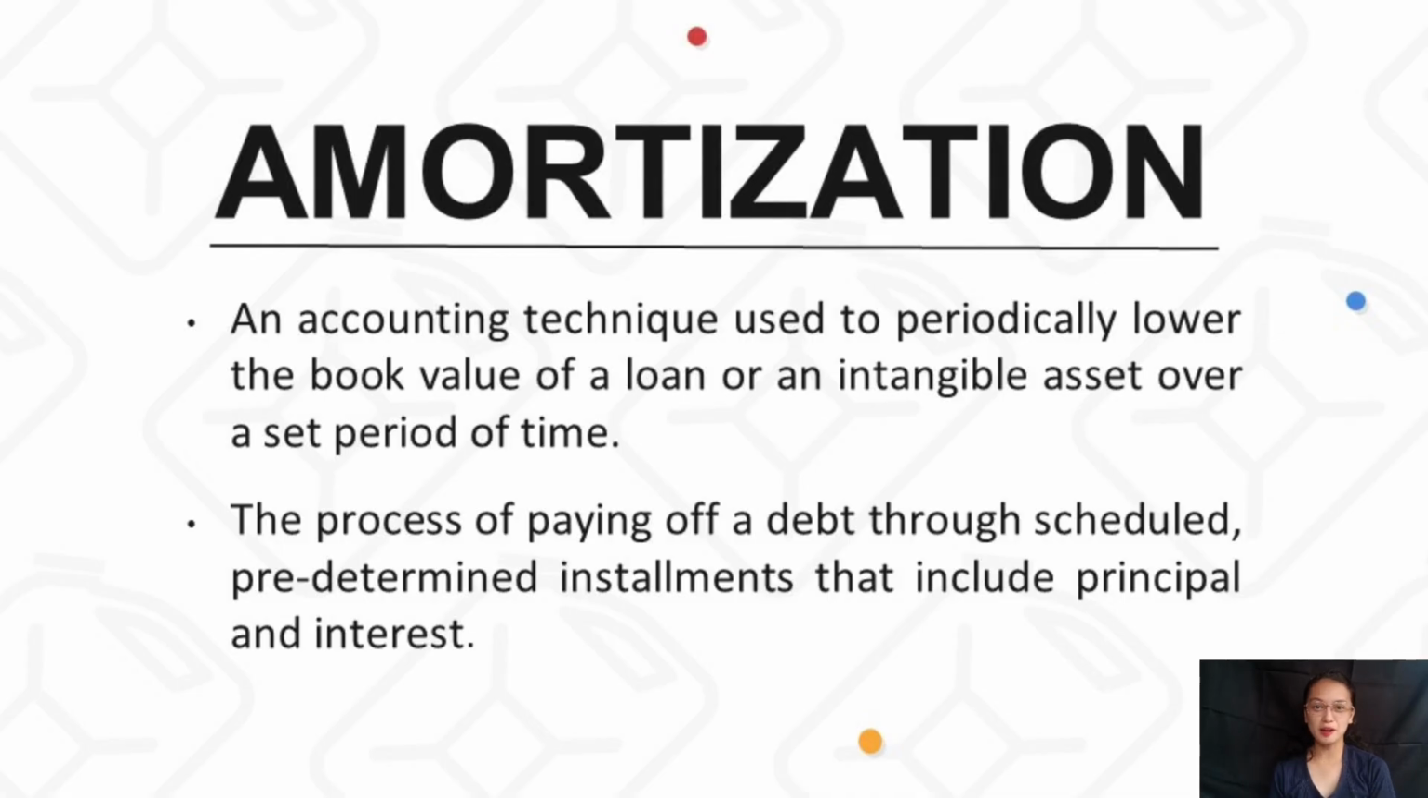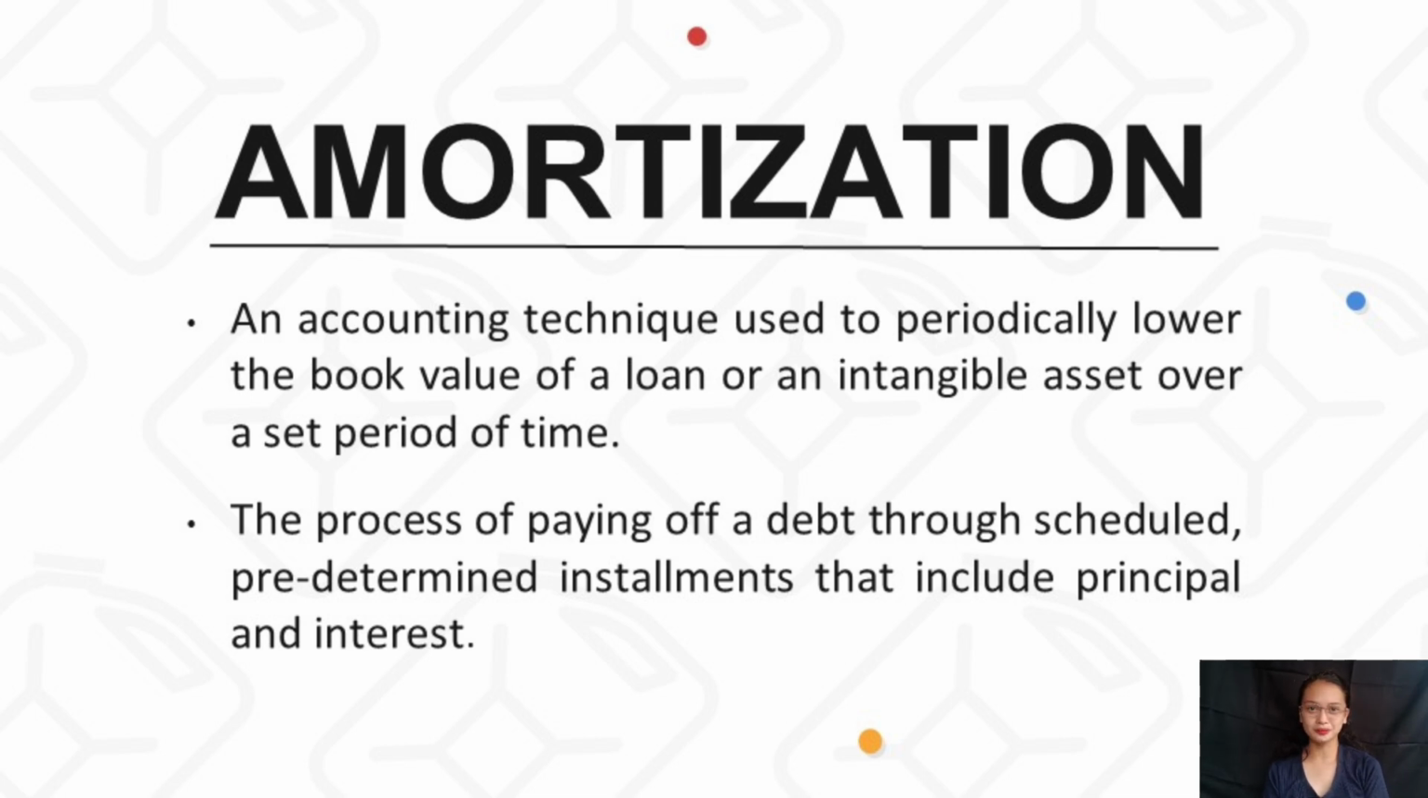For starters, amortization is an accounting technique used to periodically lower the book value of a loan or an intangible asset over a set period of time. It is also the process of paying off a debt through scheduled predetermined installments that include principal and interest. In short, amortization is a fancy way of defining a loan that is paid back in installments throughout the entire